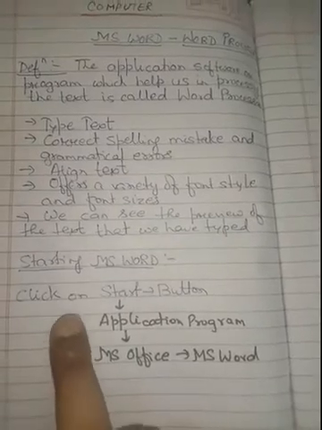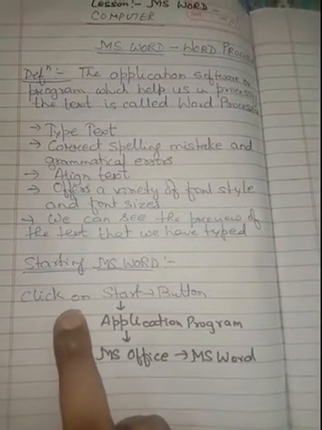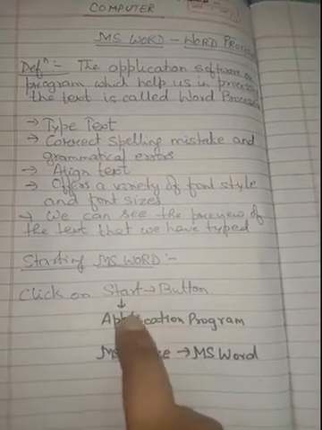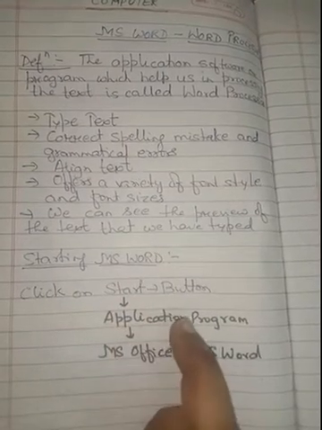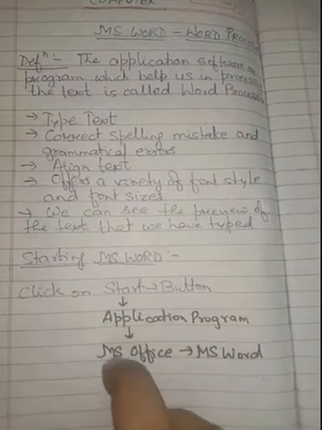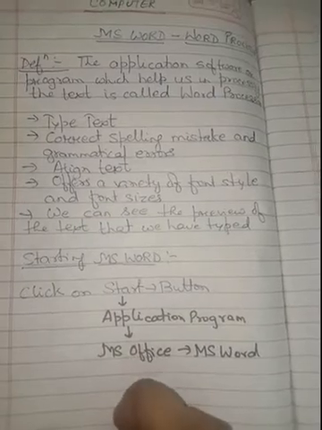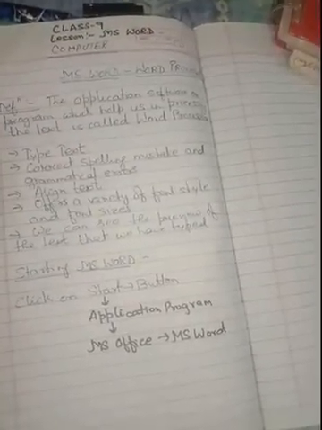So how we will open the MS Word? First of all click on the start button, then application program, from there select MS Office and then the MS Word. In this way we can start the MS Word.